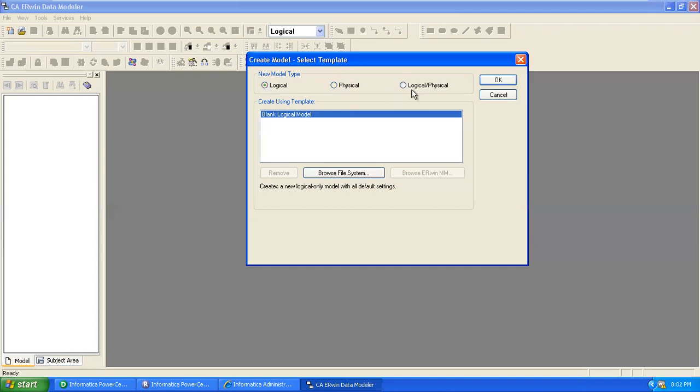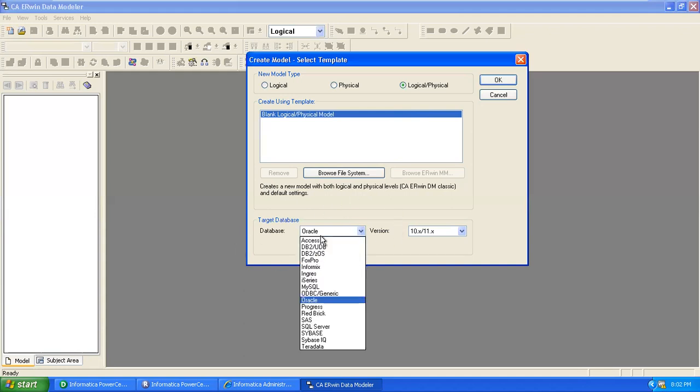So that's why, as a data modeling expert, go for logical and physical. We selected logical and physical. First of all, select the target database type. Here our target database type is Oracle. Different databases are there. Use target database type Oracle, and version also. At present it is supporting the 10th and 11th versions only. The 12th version is also actually there, but it is not supported at present. From a model designing point of view, there is no difference between versions. Click on OK.